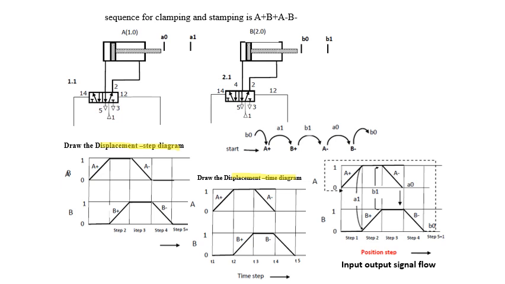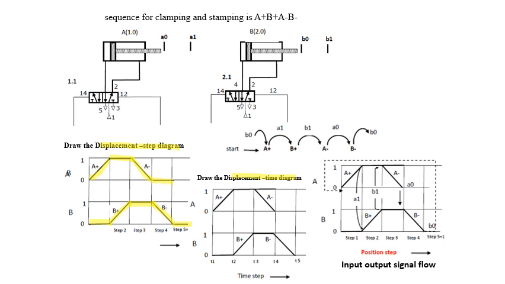First, we'll see the displacement step diagram. First, cylinder A forward, first step, then cylinder B forward, then cylinder A will retract, then cylinder B we need to retract. This is the sequence of the step diagram. Then this will be the idle time of cylinder A and cylinder B. Cylinder B is idle initially, then after forward also it should idle till cylinder A retracts back, then cylinder B needs to retract, then there will be idle time for the next cycle, right?